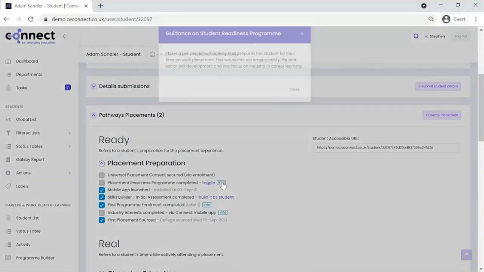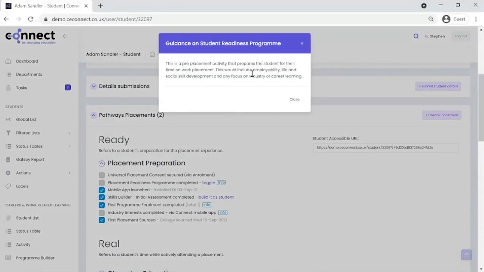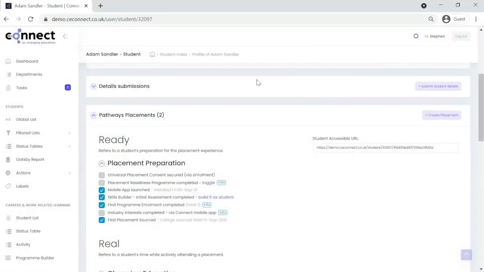So it does help a new staff member to understand what we're asking of them. This is a pre-placement activity that prepares the student for their time on work placement. This would include employability, life and social skill development, and focus on industry or career learning. So if you've done anything like that, you'll be able to log those interactions, and then be able to mark this